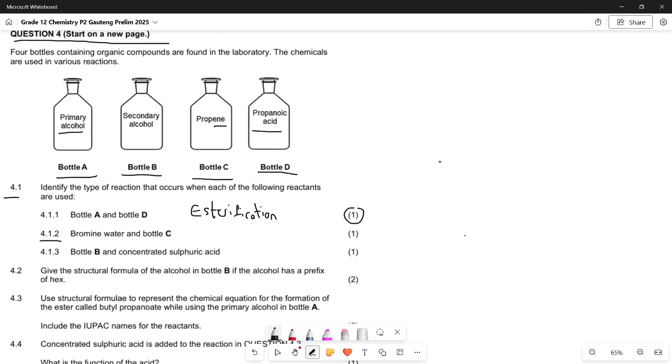So propene, meth, eth, prop, we have 3 C's over here. And as we established, it has a double bond because it's an ene. So yne would be triple, ane would be single, ene is double. And we have 4 lines around each of them. So propene and bromine water is a Br2. And something to keep in mind for something like this is that this is an addition reaction. We don't have to know specifically which type it is. It is halogenation because we're adding a halogen to a double bond, but addition is always going from 2 to